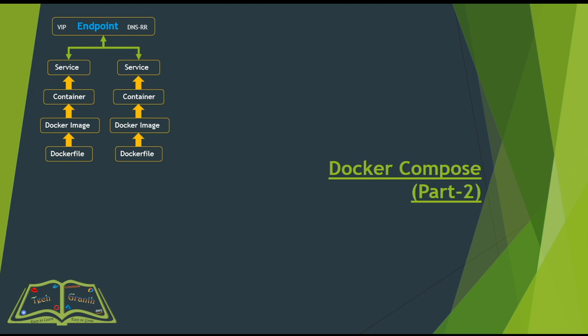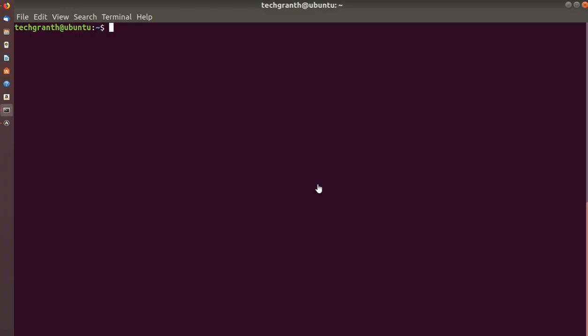Now we will be seeing how we can use that Docker Compose YAML file and a docker-compose up command to run the application with different services on the command line. So let's just move to command line and run our example. I am taking this from official documentation, so you can also refer to that. But to make it easier to understand, I am just showing here how Docker Compose works.